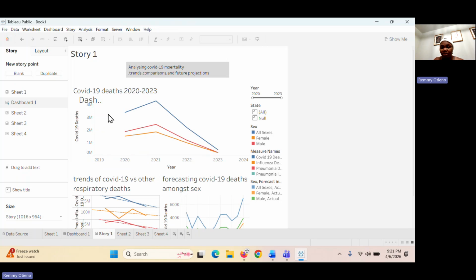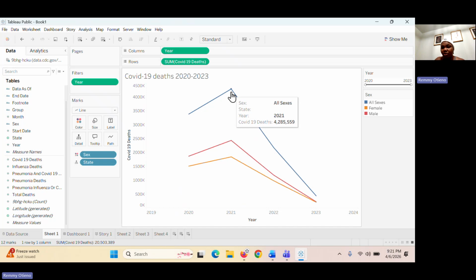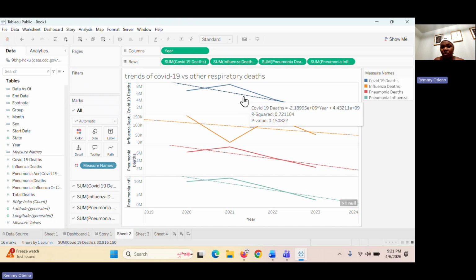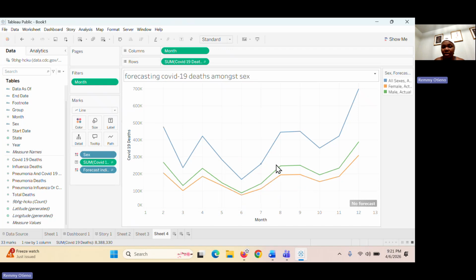So this is my story, or rather my dashboard that I used for my storytelling. On my first visualization, you can see the COVID-19 deaths between 2020 to 2023, highlighting the amount of deaths and the year. And you can clearly see that in 2021 the highest COVID deaths were recorded, including all the sexes. If you come to sheet 2, it's showing the trend where we have a downward trend, and sheet 4 is showing